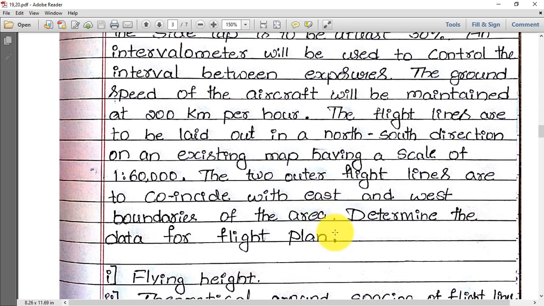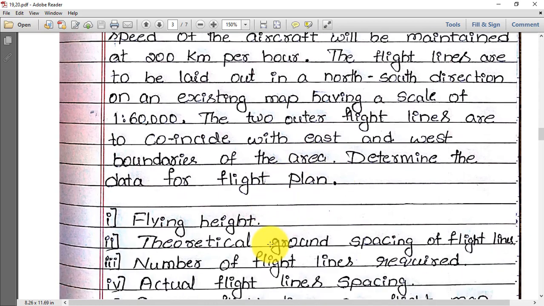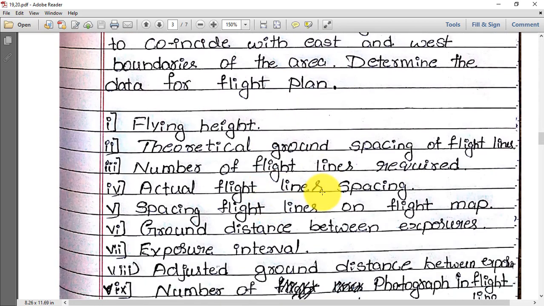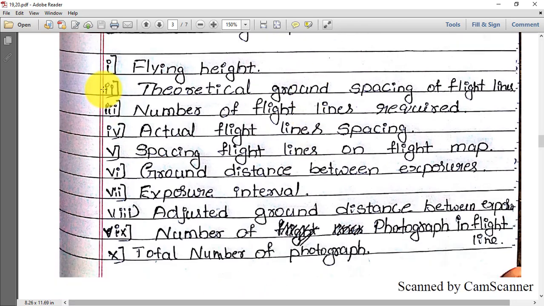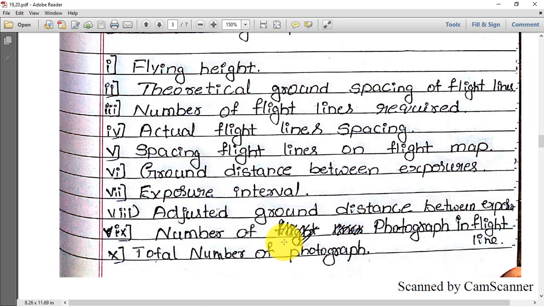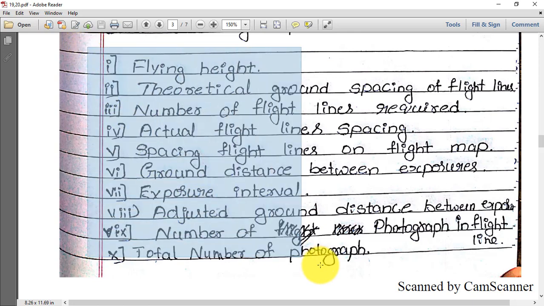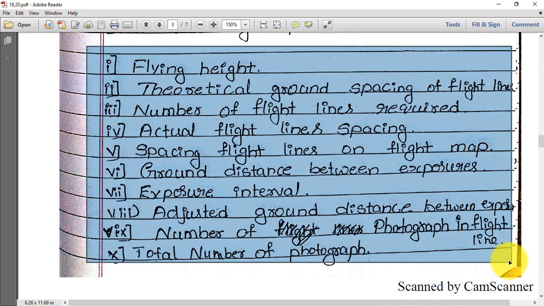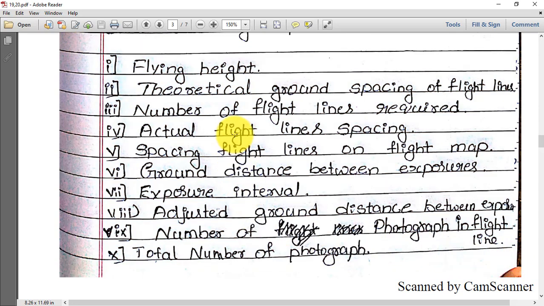Very big question. The number of sub-questions asked for this is totally 10. In the main exams they will ask any 4 or any 5. If they ask for 4, they will give 10 marks, 2.5 marks for each question. In this problem I will solve all the 10 questions, and in exams, whichever is asked, you can solve the respective one.